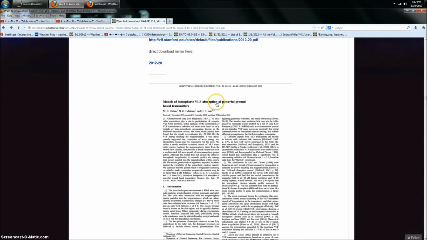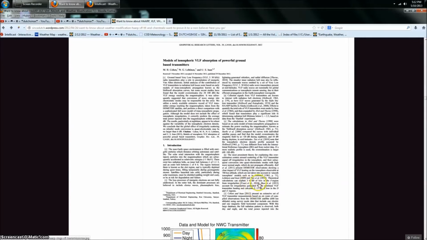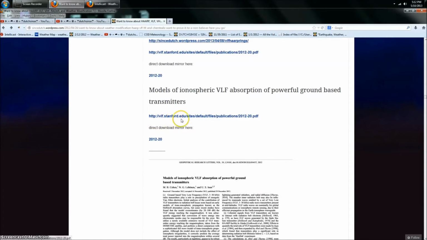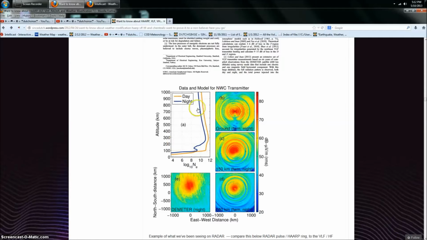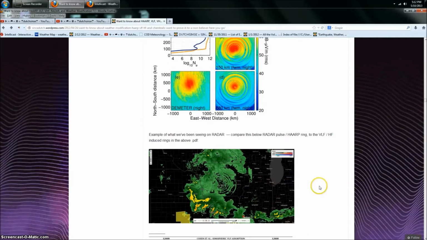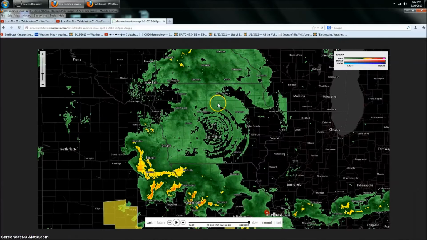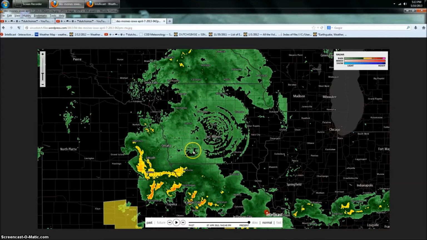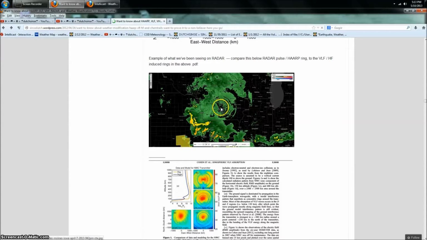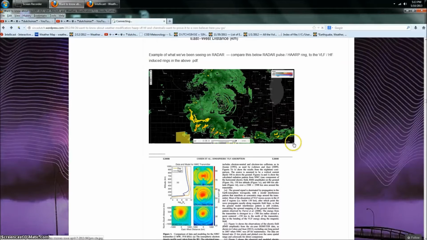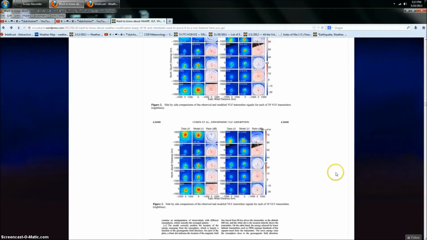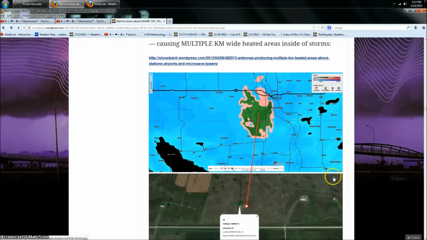Here's a VLF signal. Okay, again, these are papers from respectable institutions. You can go download this from Stanford VLF site directly, showing the ring effect that happens from powerful ground-based transmitters when they're operating in a very low frequency. So here's a HAARP ring, for instance, in low frequency, showing as a low return, not a high bright pulse like the ones we were just looking at, but this is a low return ring resonance, most likely caused by some kind of ground-based transmitter, the NEXRAD, reflecting off the atmosphere to ionosphere, causing a resonance backscatter, which it is my contention is then causing storms.